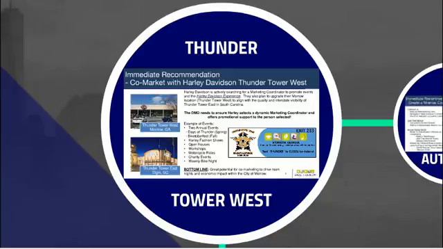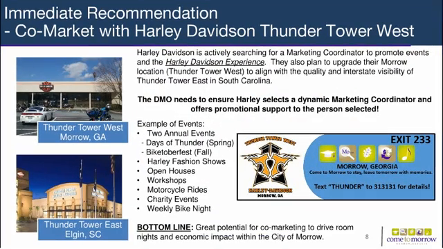Directly on the Morrow exit is an entity called Thunder Tower West. Thunder Tower is one of two Harley-Davidson dealerships, with Thunder Tower East located in Elgin, South Carolina. They both derive their name from the South Carolina location, which has a multi-level glass elevator with floors rotating Harley-Davidson bikes. Harley-Davidson has plans to redevelop the Morrow location to increase its visibility to the interstate and match the standards